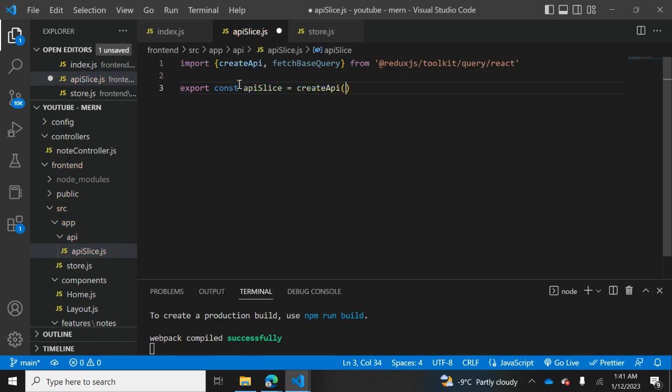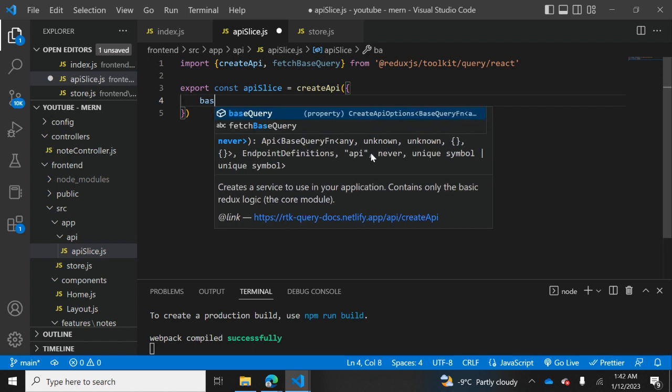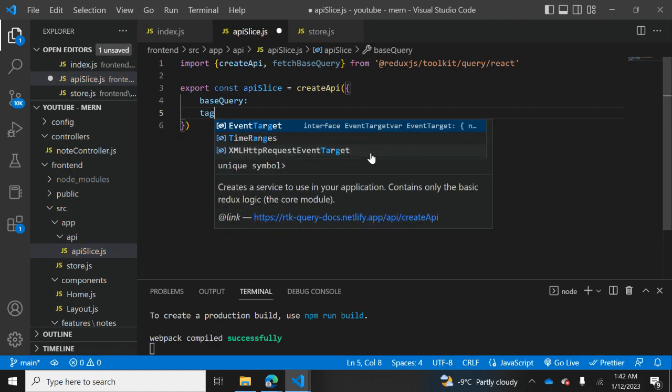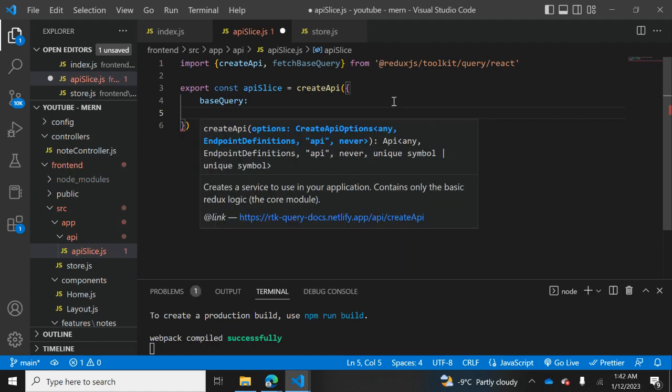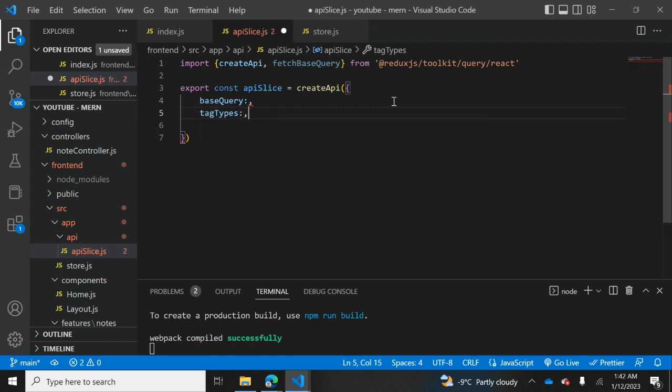We're going to use this create API, and it's an object. We have three things inside this. The first thing would be base query, and the other thing would be tag types. Let's put a comma here, and let's put a comma here, and the last thing that we will be using here would be